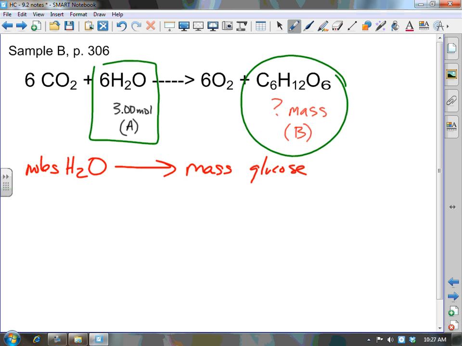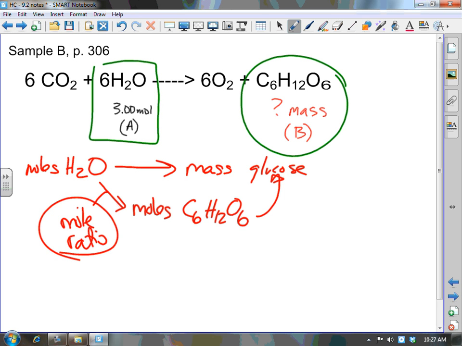Problem is it's not a one-step calculation. We're first going to go from moles of water, then to moles of glucose, and then finally to mass of glucose. Okay. So if you look on the sample problem there on 306, they go through that calculation, the steps. The 2 conversion factors are going to be first moles of water to moles of glucose, using mole ratio, not molar mass there. Good, using mole ratio. Then moles of glucose to mass of glucose, we're now going to use its molar mass,